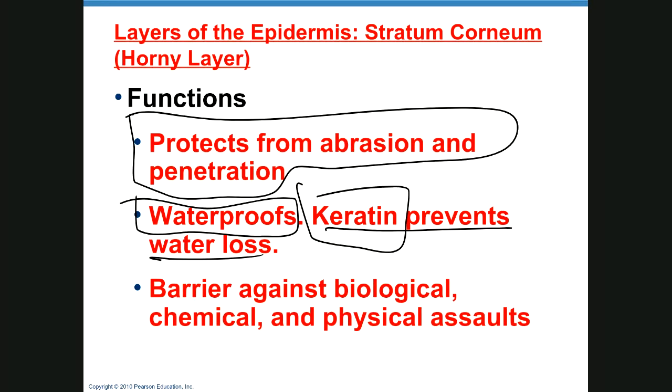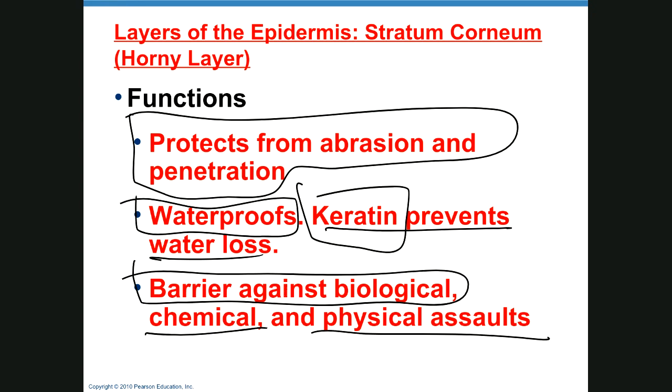Keratin is very tough, and more importantly, microorganisms cannot break it up. So it represents a barrier against biological infections. Bacteria cannot break up keratin. Now, fungus can, and so sometimes we do get fungal infections in the skin. But in general, for a bacteria to be able to infect the skin, it will need some type of mechanical injury that will allow it to go into deeper tissues, because the keratin doesn't allow these bacterial cells to live. The keratinized layer also represents a protection from chemical and physical